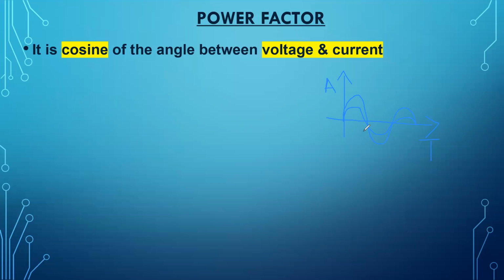Certain loads will have certain angles. In some loads, the current may start from here. This angle is called the lagging angle. The current lags here. The cos of that particular angle will give the power factor. Why it is going to lag, and why we have unity power factor, is what we are going to see in this topic. Okay. Next point.